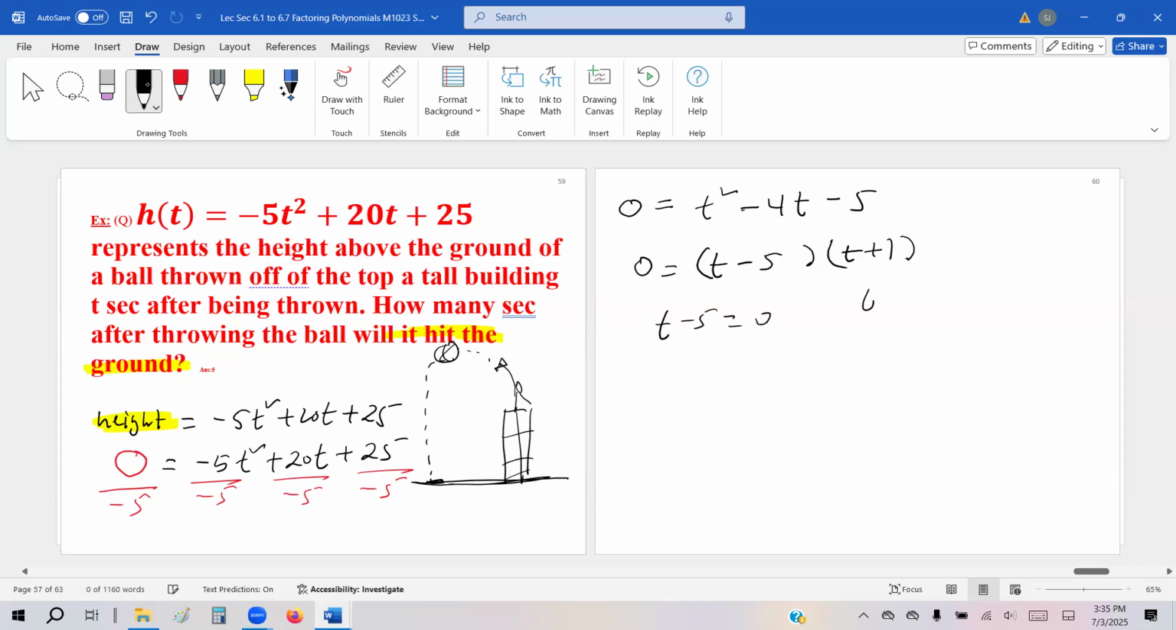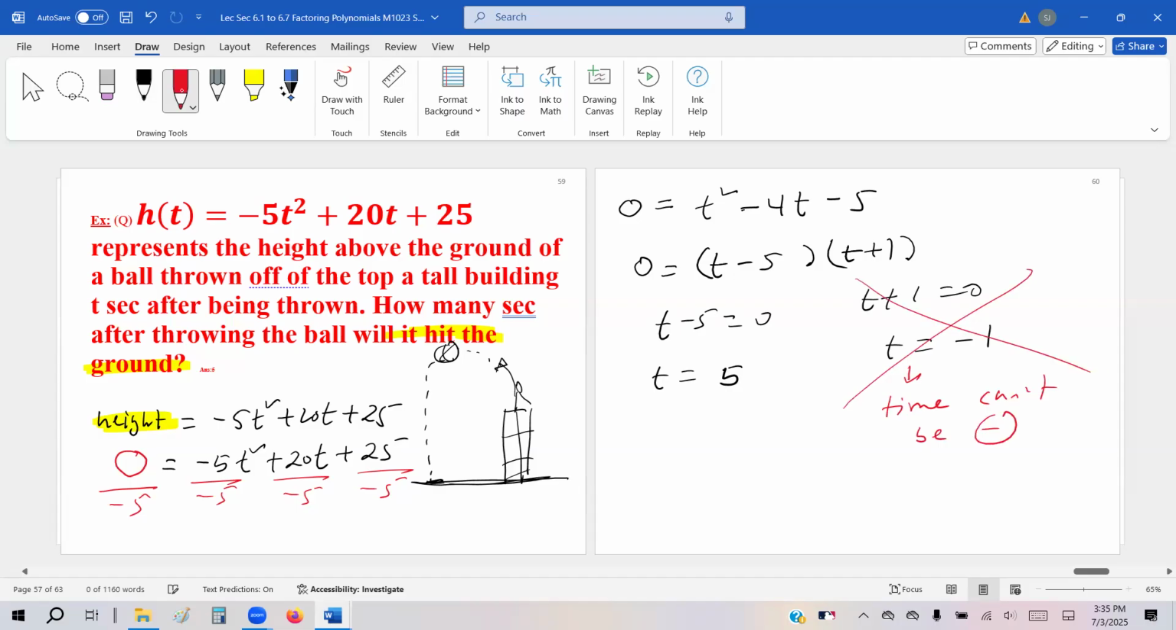T minus 5 equals 0, t plus 1 equals 0, so t is 5 or negative 1. Time can't be negative, so we have to disregard this whole thing. So the solution is 5. That means 5 seconds after throwing the ball, it will hit the